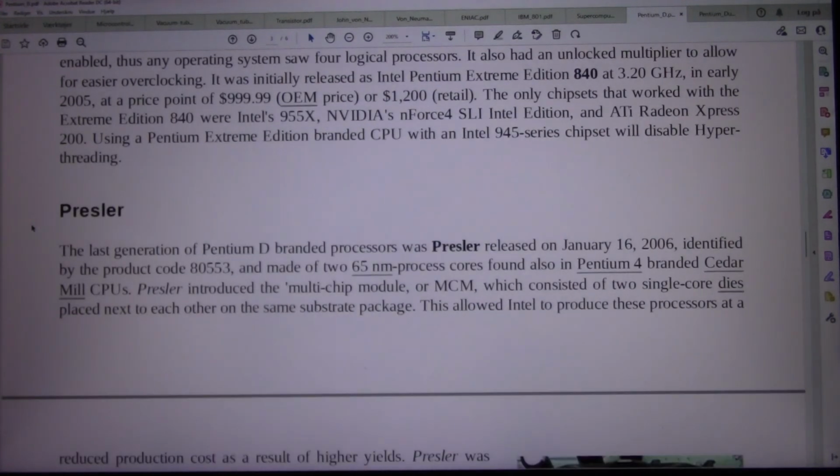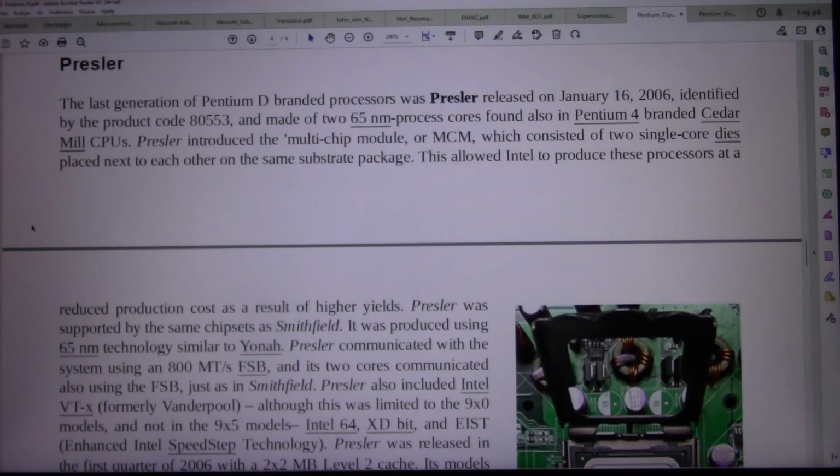Pressler. The last generation of Pentium D branded processors was Pressler, released on the 16th of January 2006, identified by the product code 80553, and made of 65nm process cores found also in Pentium 4 branded Cedar Mill CPUs. Pressler introduced the multi-chip module, or MCM, which consisted of 2 single-core dies placed next to each other on the same substrate package. This allowed Intel to produce these processors at a